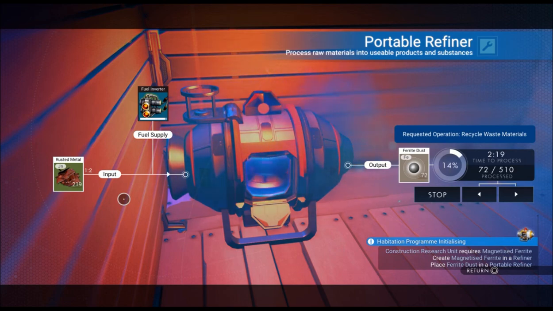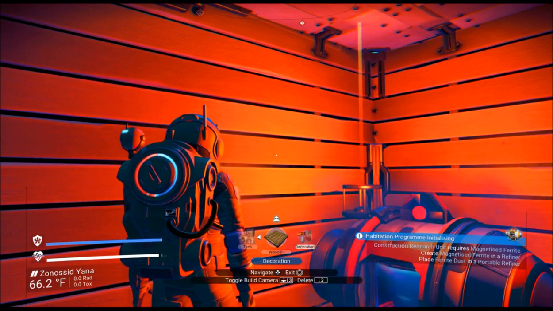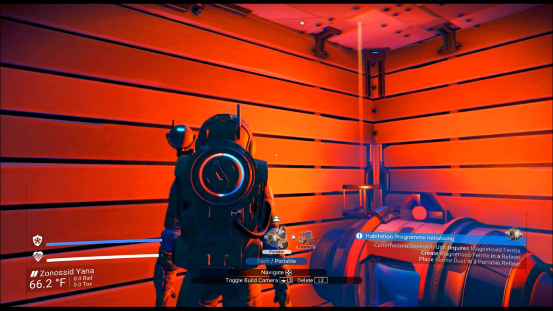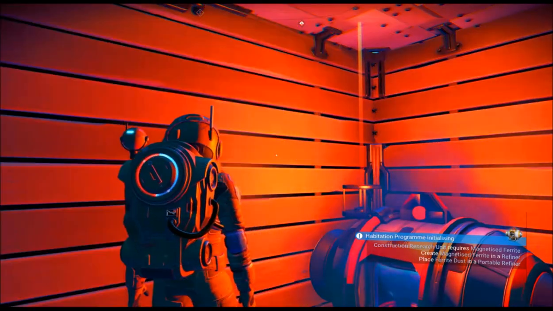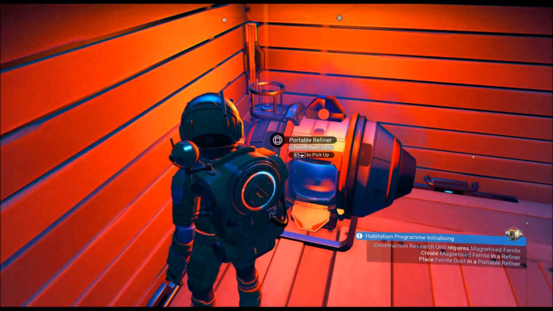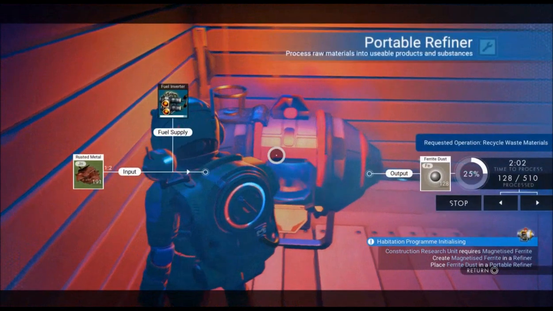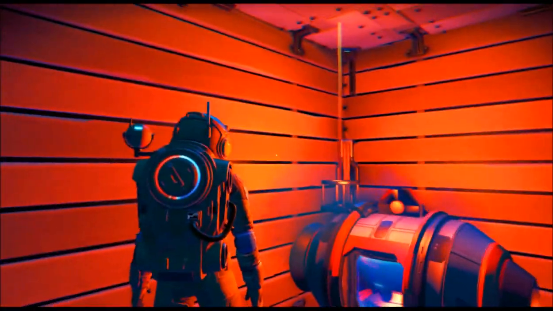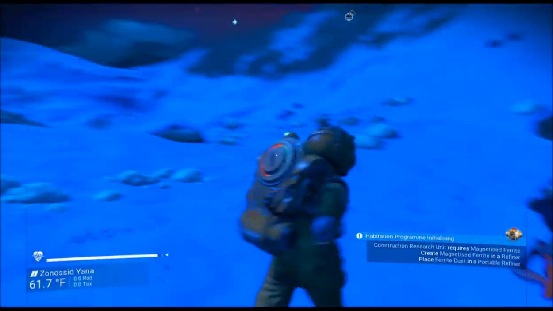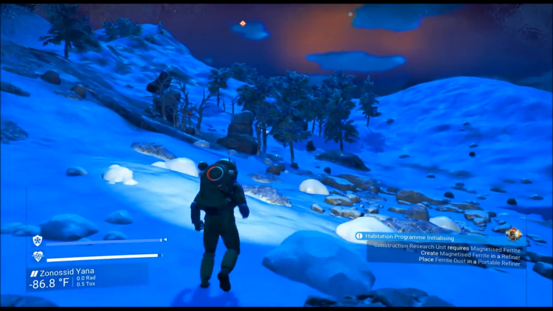I forget how much. Wait, what was the construction? What was it here? Portable construction research unit is 20 magnetized ferrite. I'm not going to waste it. I mean, I could. It wouldn't matter. It would be great to have it around, but I probably shouldn't. But I do want to have all of this turned from rusted metal into ferrite dust, because we can't do anything with rusted metal, and you get twice as much for it. It's always a good thing to get. So let's